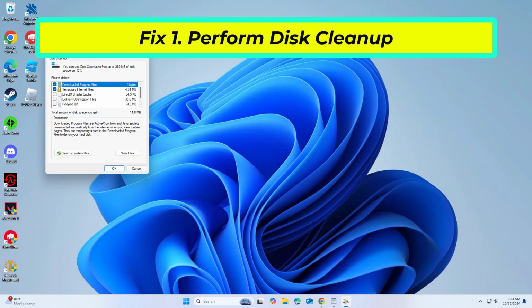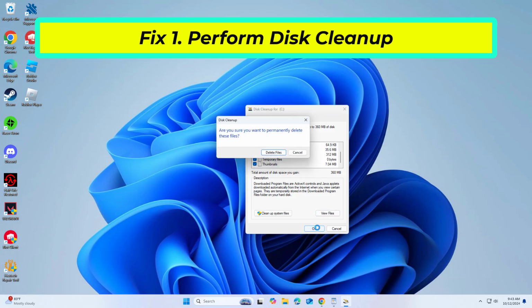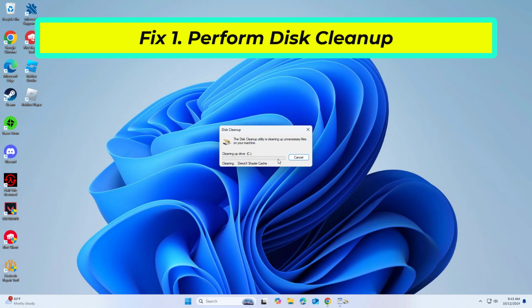Here, select the largest portions of the data used. These typically include temporary internet files, Windows Update, temporary files, recycle bin, delivery optimization files, and others. Click OK, the process should be finished shortly. If that didn't work,